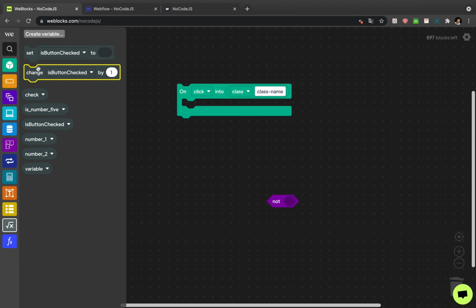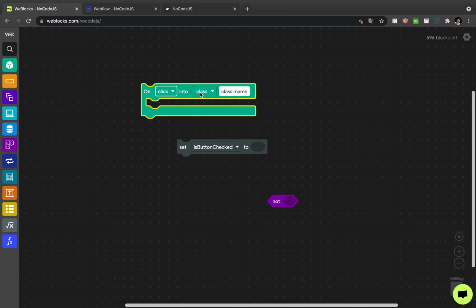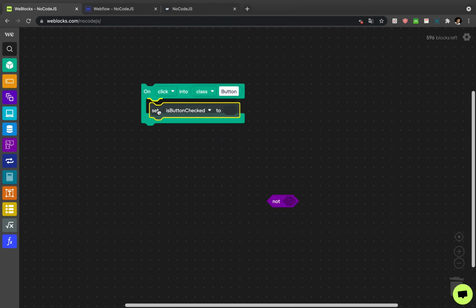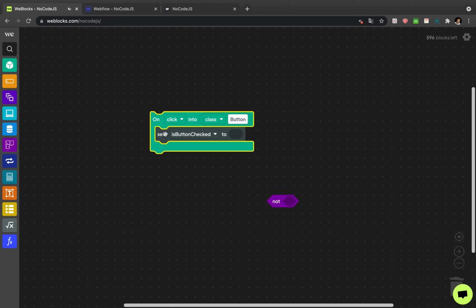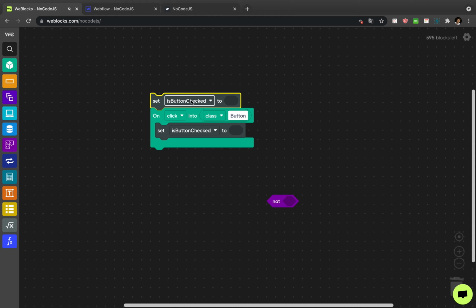This variable will be responsible for checking if our button with a class button is checked or not. And we want to set at the beginning of our program that is button checked is false. So at the beginning our button is not clicked, and on a click